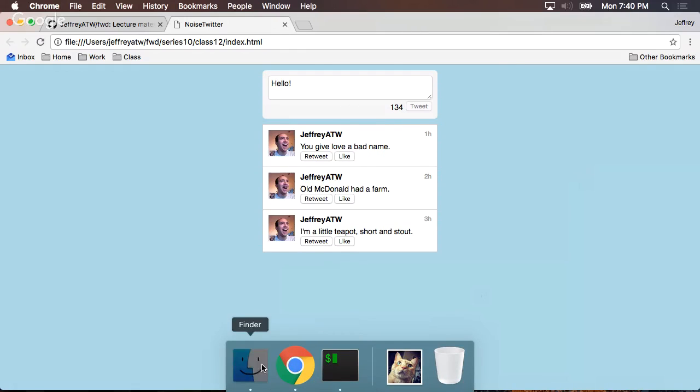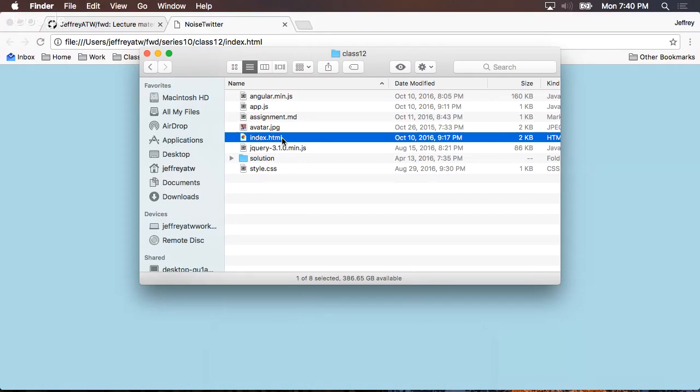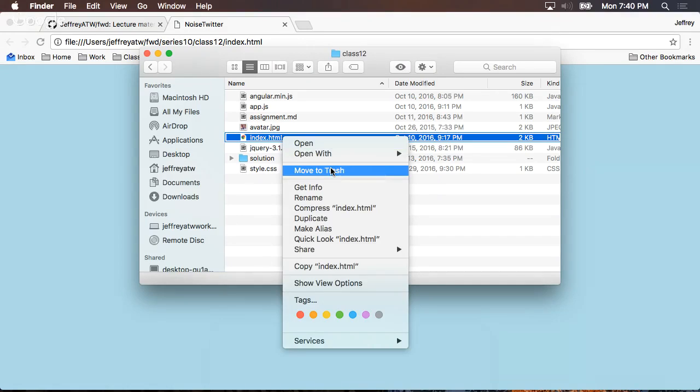So let's take a look at how that's all set up. First of all, we might as well go ahead and look at index.html. So if you've got your text editor of choice,